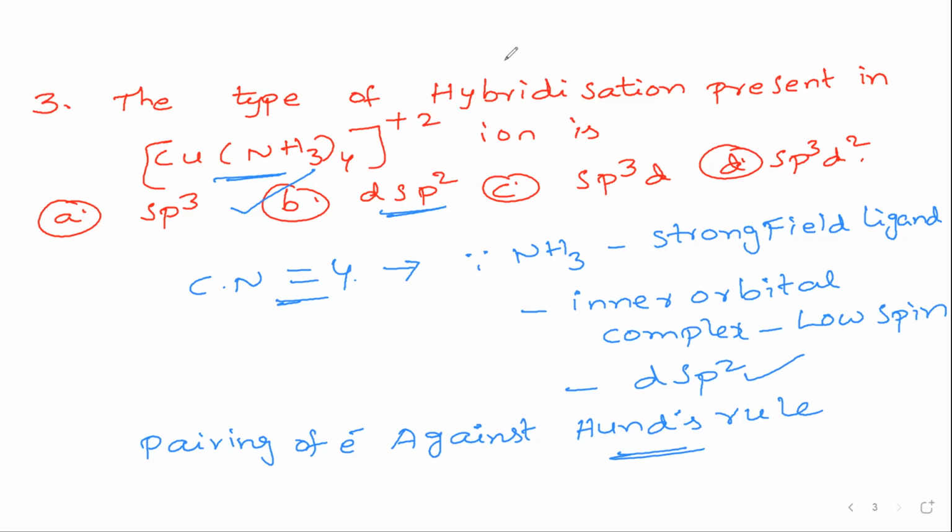Next question. So please carefully observe these questions. Question number 4. All these questions are very important models. That's why I'm discussing them now. The hybridization. This is also simple. The hybridization of metal atom